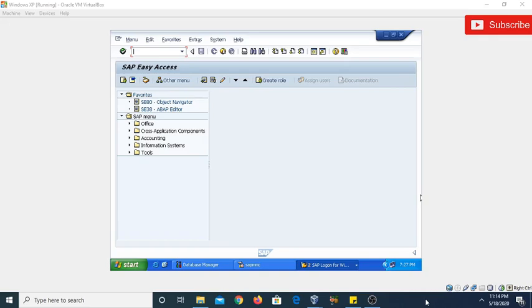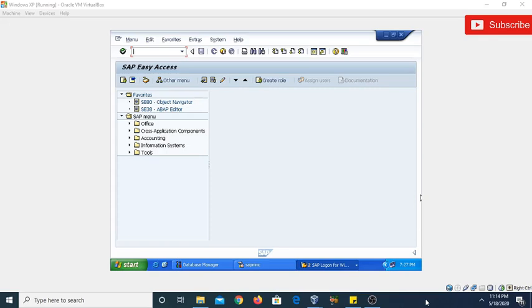We have a third option, or you may say a third kind of statement that we can use for defining the selection screen, which is the selection screen statement. So in total we have 3 ABAP statements with the help of which we can create the selection screen. The first one is the parameter statement, the second is the select option statement, and the third one is the selection screen statement. Now come to the practical part.